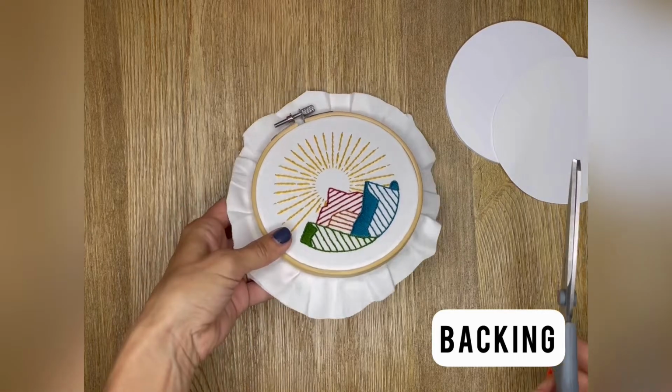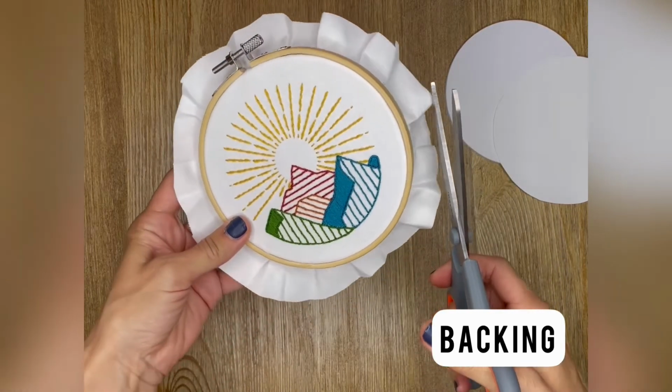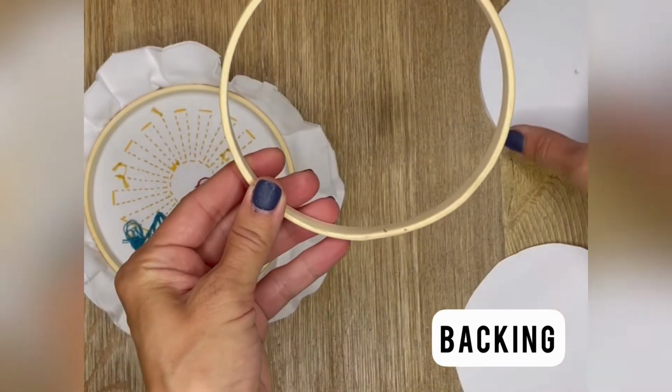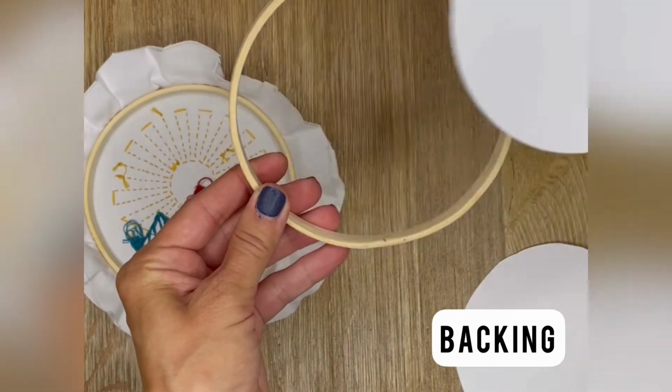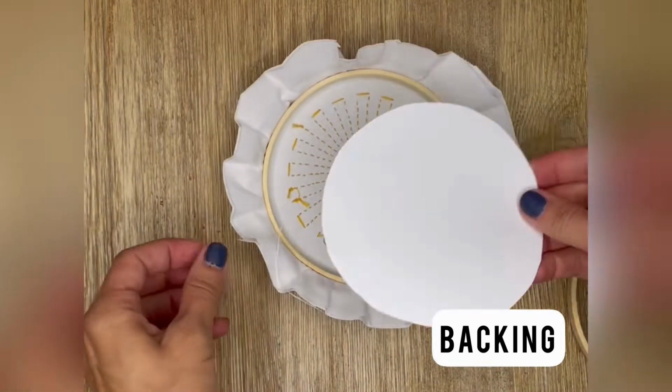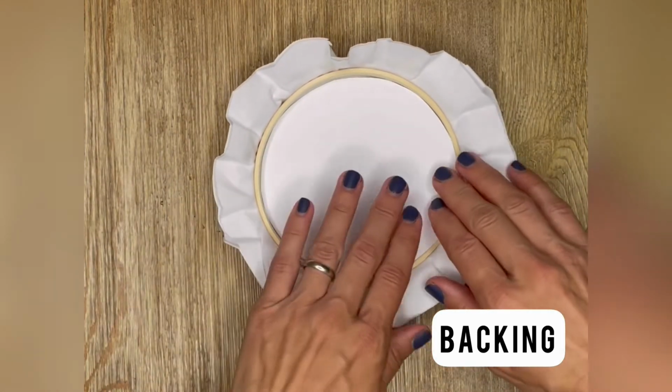This is my preferred way to back my projects. I trim off the edge, leaving about an inch, inch and a half. I trace a piece of cardstock and foam core with the inside of my hoop. I have my finished piece turned over. I lay the cardstock inside,